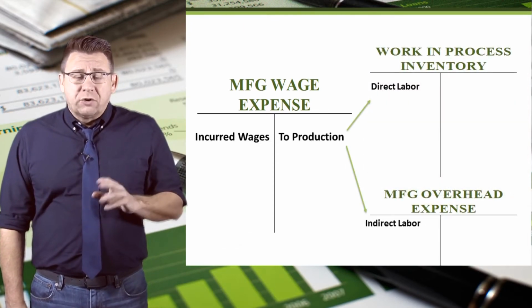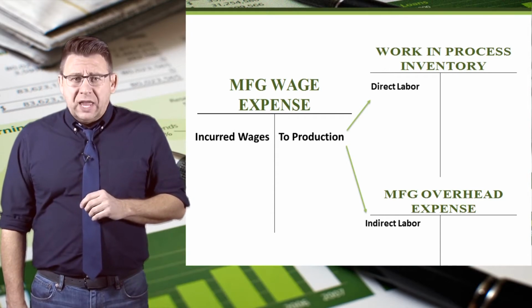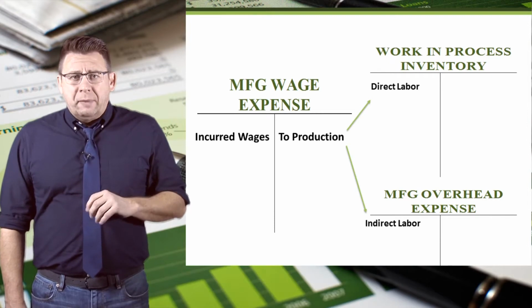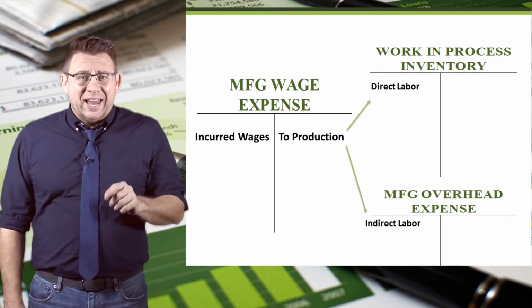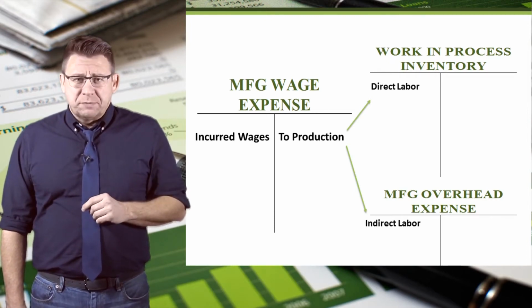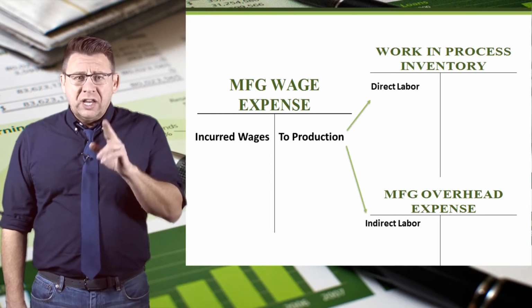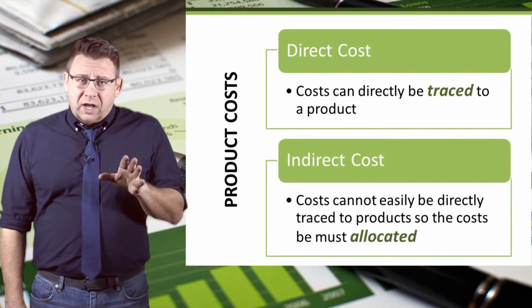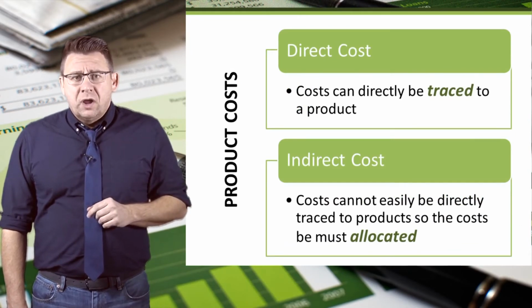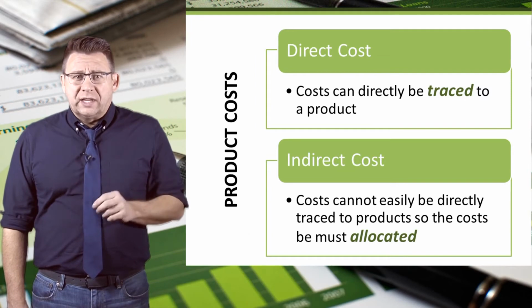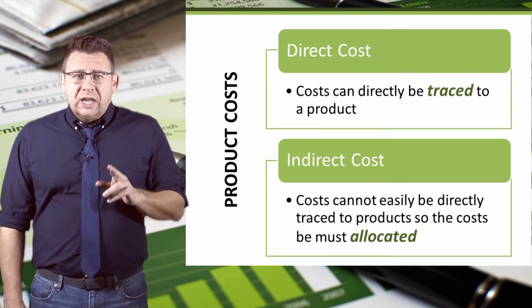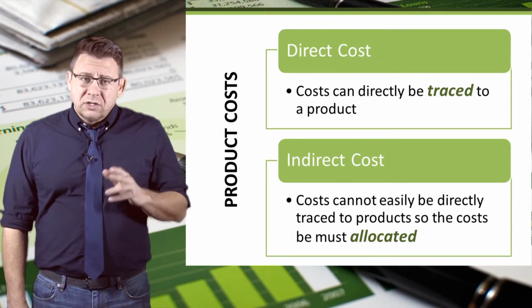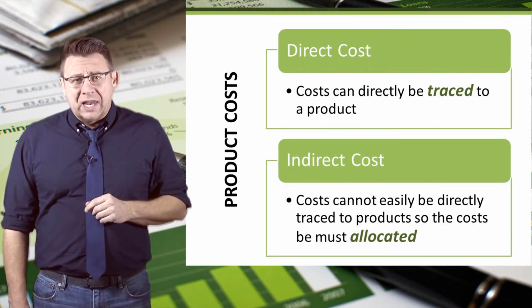To do this, we credit manufacturing wages and debit WIP for the direct labor. Manufacturing wages are credited and manufacturing overhead expense is debited for indirect labor. You recall that direct costs, like direct labor, are those that can be traced directly to the product. Indirect costs are those that cannot be traced directly to the product, so those costs need to be allocated to